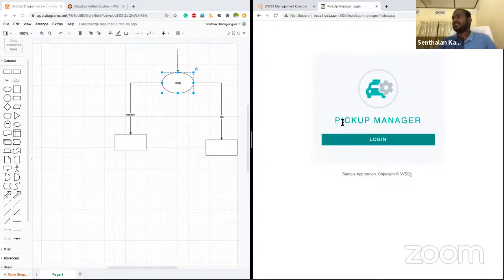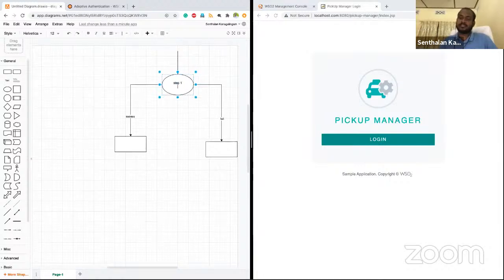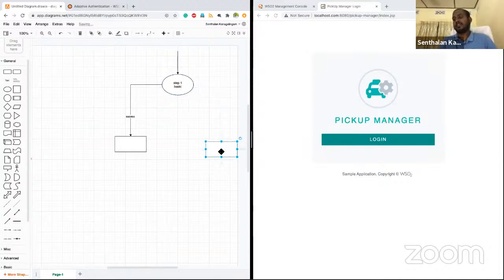My use case is that only users with the manager role can access this application. We ask the user to come in, and we execute the first step, the basic one. If the user fails, we don't do anything; we ask the user to retry the flow. And if he succeeds,